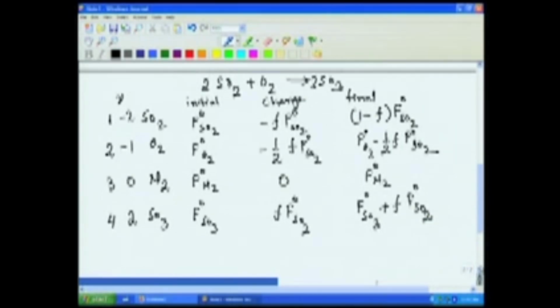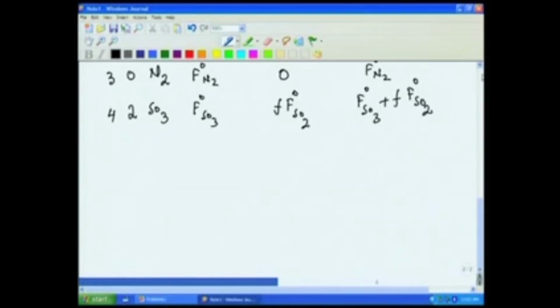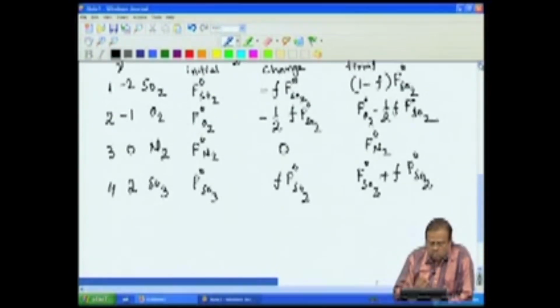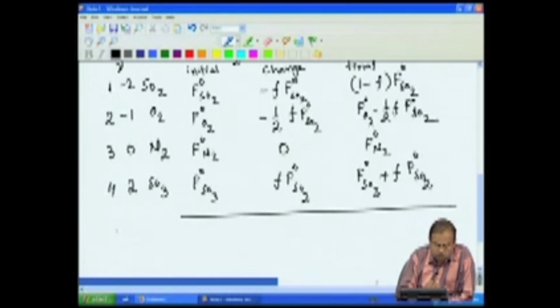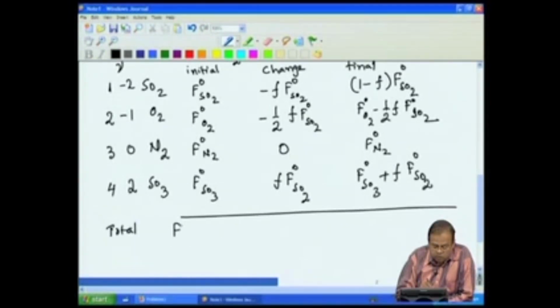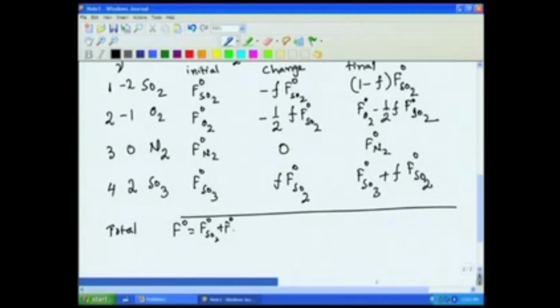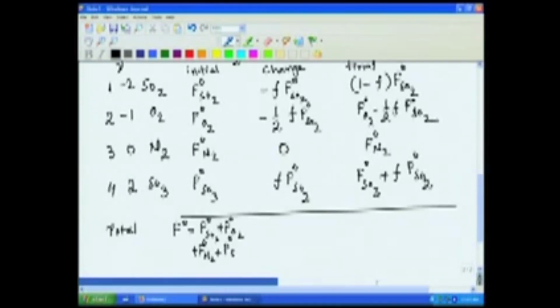So, I can now write total here, let us say total. So, if I say it was F naught, then this will be F naught SO2 plus F naught O2 plus F naught N2 plus F naught SO3,